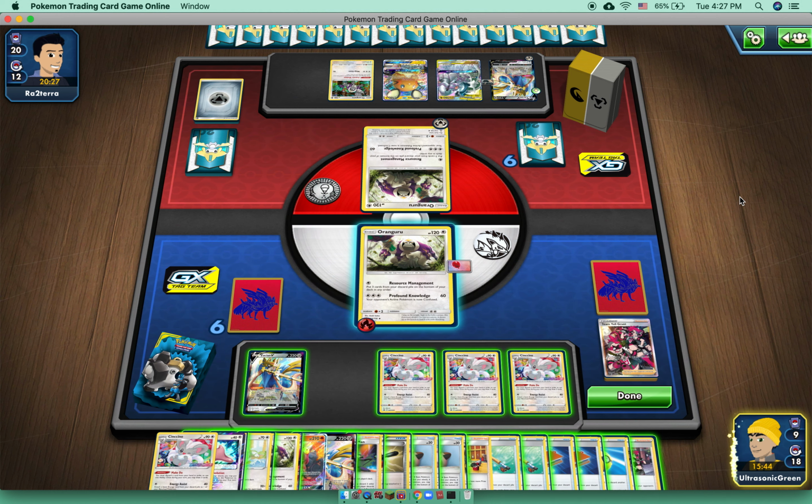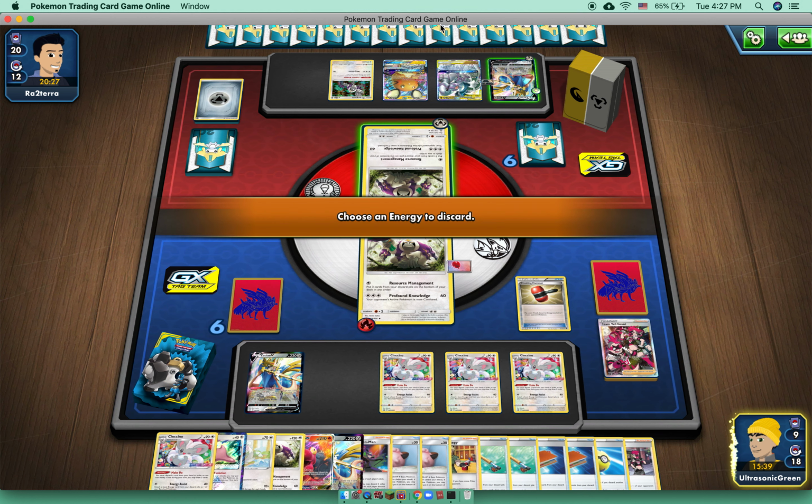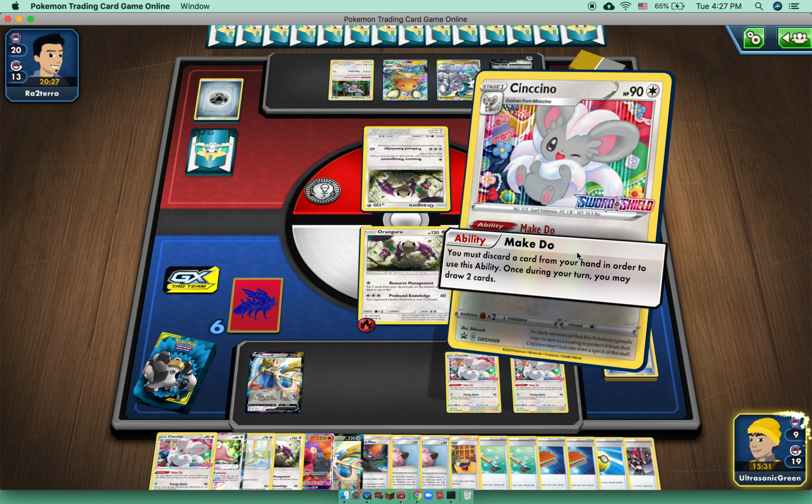Okay, so we do hit the hammer. Let's see if we flip heads on it, though. I think that's the real question here. We do, actually, so that's great. We can go ahead and get rid of the Oranguru's energy. They do have a very big hand, so,